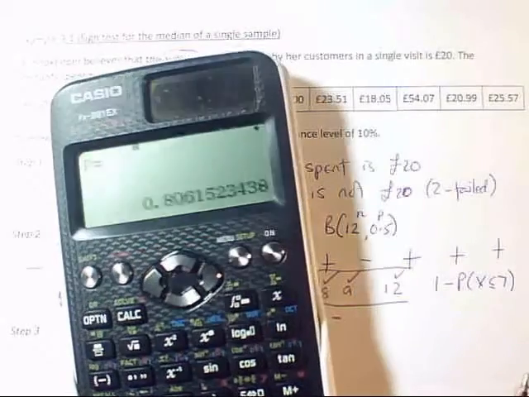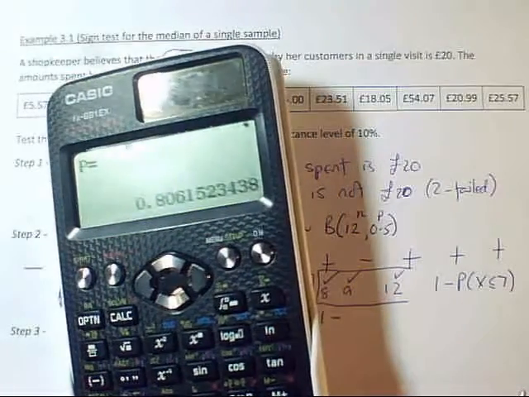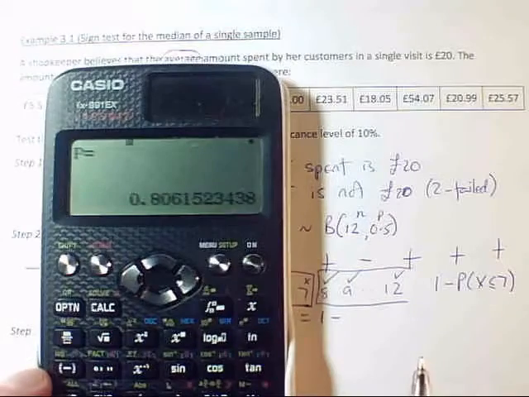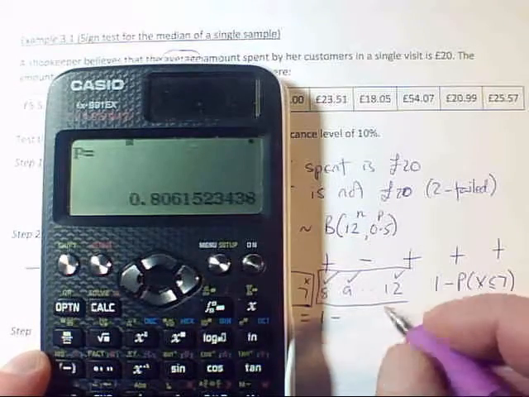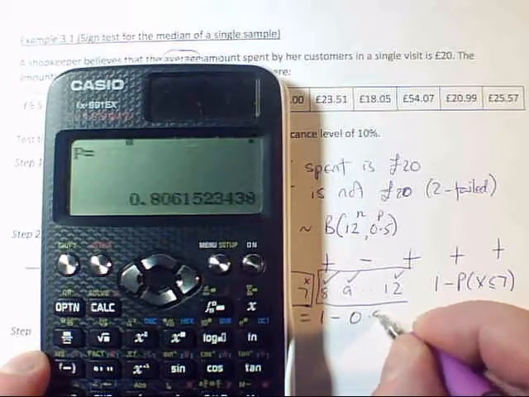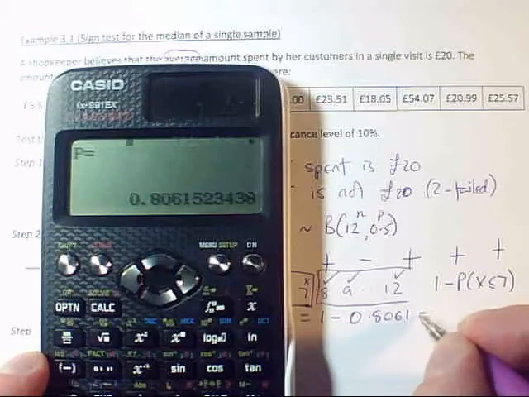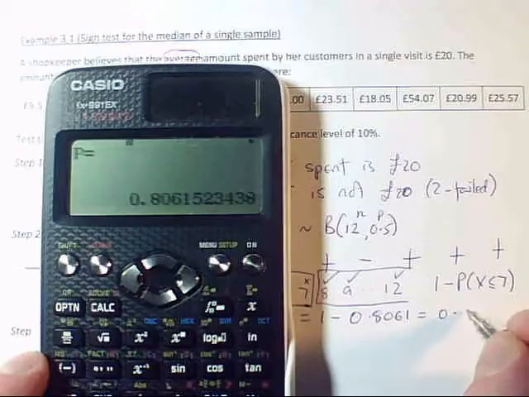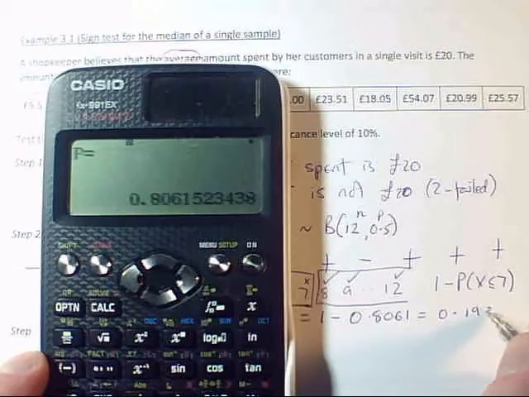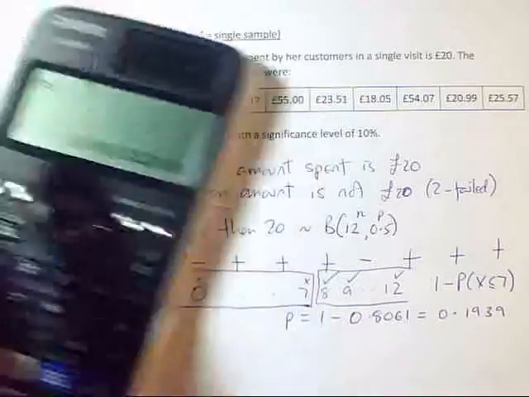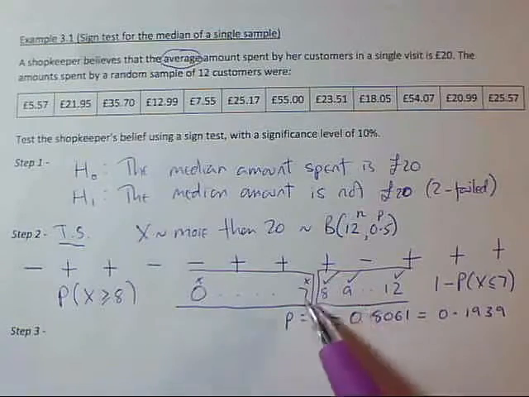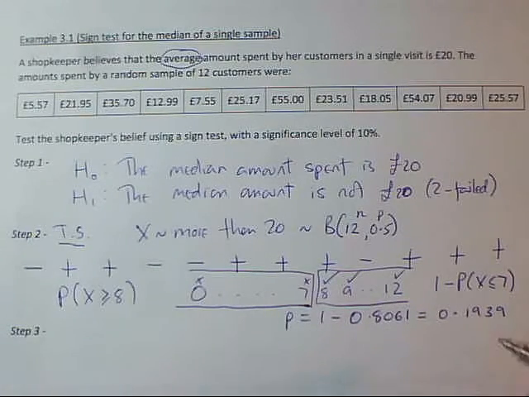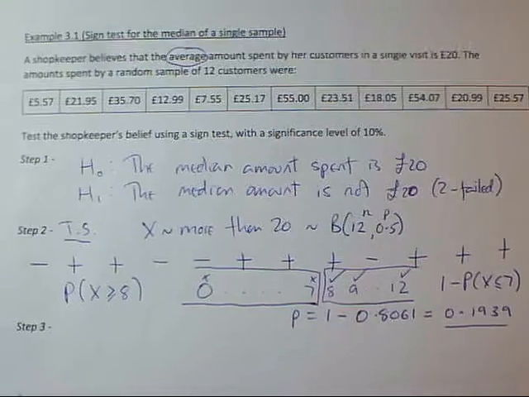So that's the probability my calculator gives me, 0.806, and I need to take that away from 1. So 1 minus 0.8061 is 0.1939. Okay, and that's the probability of being in this tail here. So I can quote that as my test statistic, but then for my next bit, my critical value, all